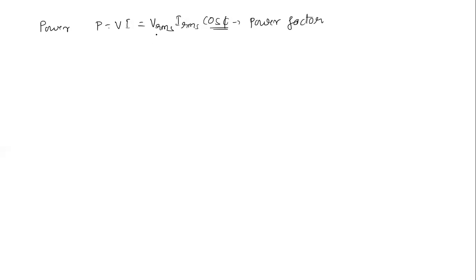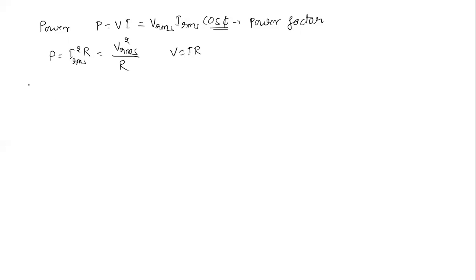Power factor, and here we know the Vrms value and Irms value, and we're going to use these values. Here P equals V into I, and V equals I into R. If I replace it, it becomes I square into R, where I is the RMS value. Or you can use Vrms square by R. That is the value of power. Okay, this is one thing.